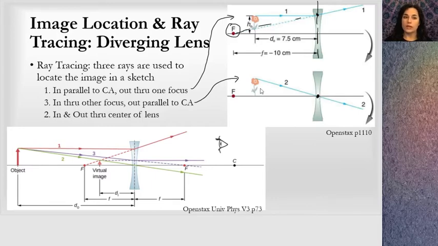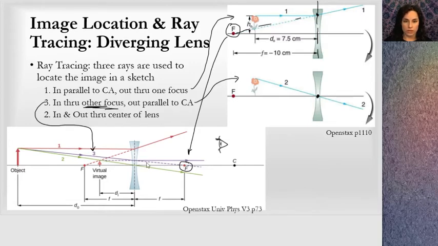The third ray that we would draw is the ray that would go in, and I have this down here. You can see the purple ray down here, number 3. The purple ray heads into the lens as if it were going to the other focus. Notice on the first ray, I went in parallel and already used the focus on the same side. Now I'm going through the other focus,